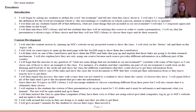Ask the students how their responses to what are things included in the environment can correlate with some of the topics on SGI's online library. Hopefully some of the things they said already overlap, such as plants, animals, food, and things like that. For instance, if a student said vegetables are part of our environment, you could click on the farming and food tab or the seeds tab and show the class different contributors, and that they could choose one of those to